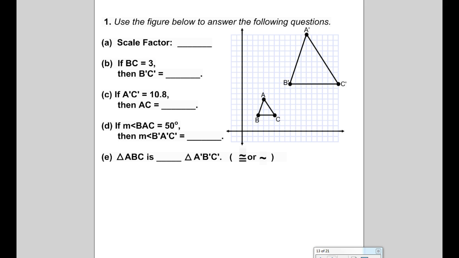Alrighty. Number 1, in your notes, if you have your notes, we got to find the scale factor. How would we find the scale factor? How would we find, first of all, is it an enlargement or a reduction? Enlargement. It's definitely an enlargement because this is the original and this is the second one. So we know it got bigger, we just need to know how much bigger it got. How do we do that? Second over first, but, okay, now what? What do we have to find? Yeah, we have to find